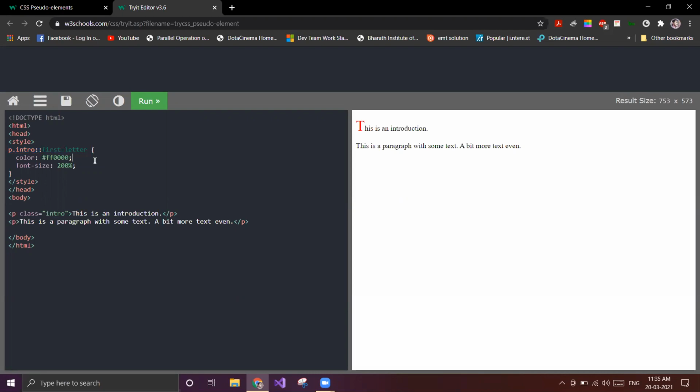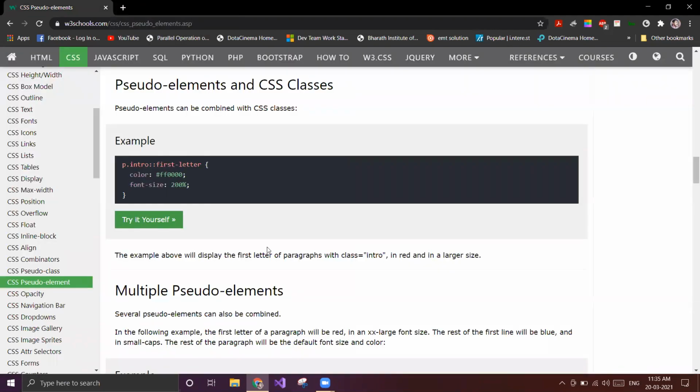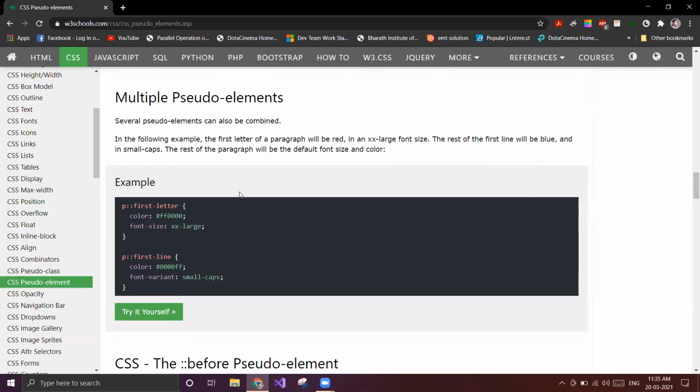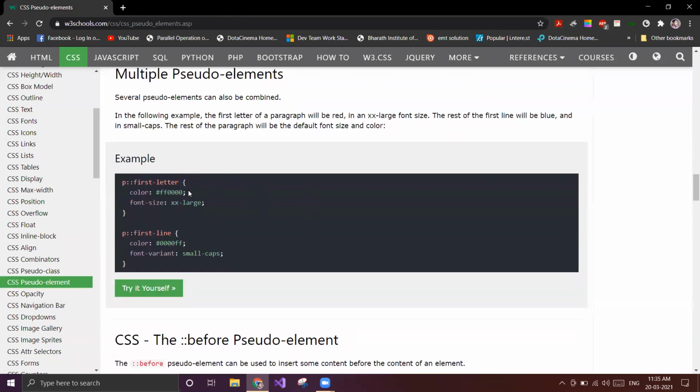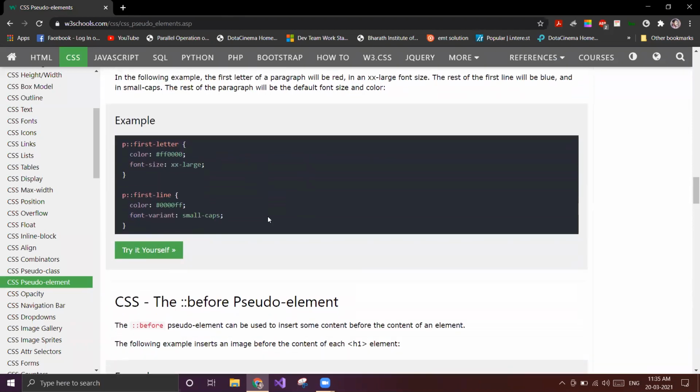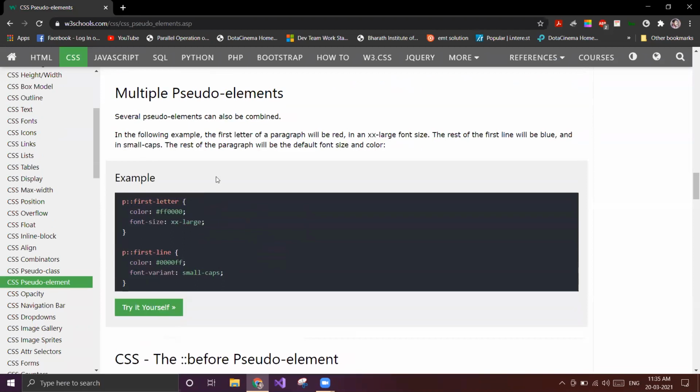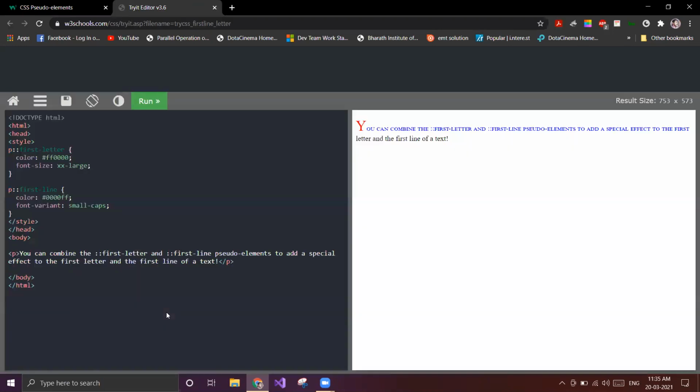They have combined the CSS class and the pseudo element. What happens if we apply multiple pseudo elements?